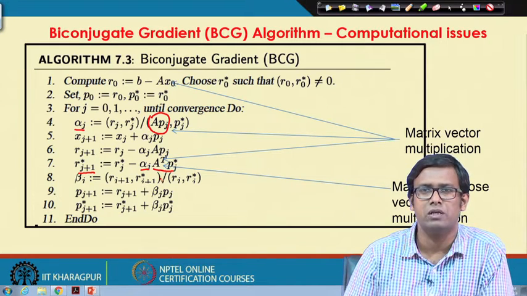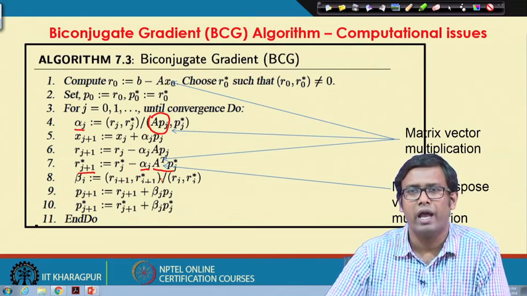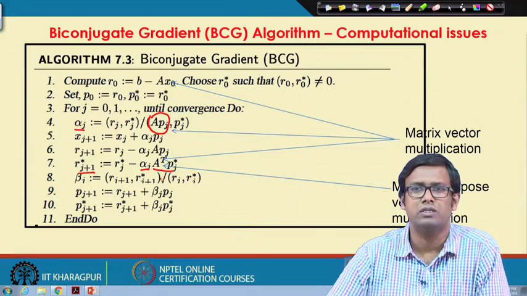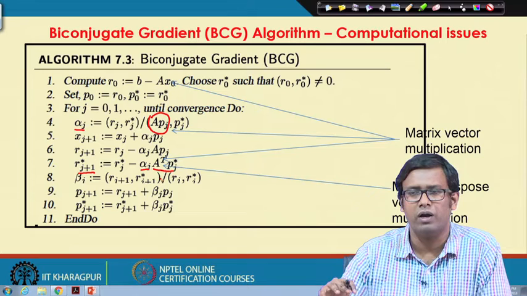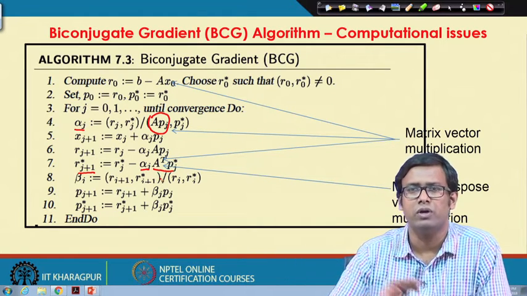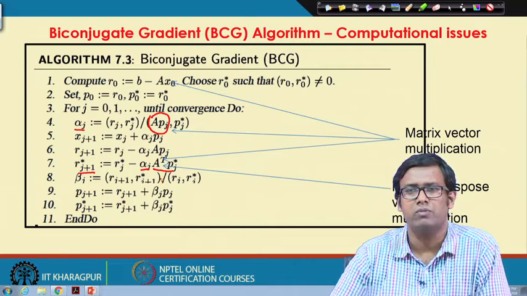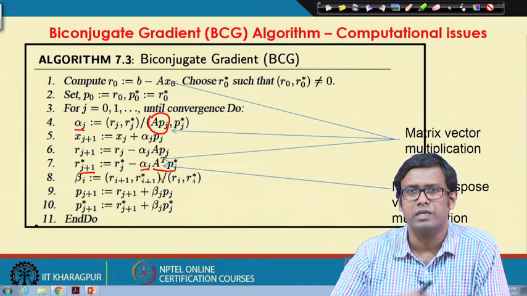As a matter of fact, this is from my personal experience. If I try to write a code on this and run it, this will not run in a single precision machine or with single precision variables. I have to define all the variables to be double precision, so that I can reduce the round-off error to a much smaller value, and then only this particular algorithm will work. However, there can be cases that even with double precision, this algorithm is failing for certain types of matrices, and that is the main concern,